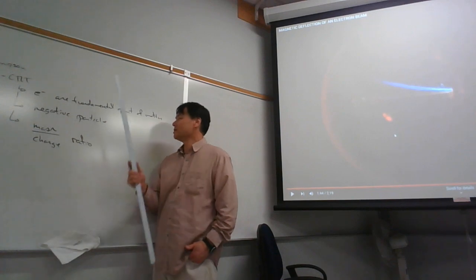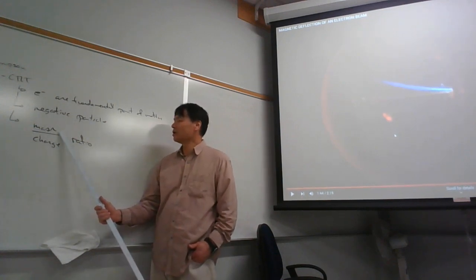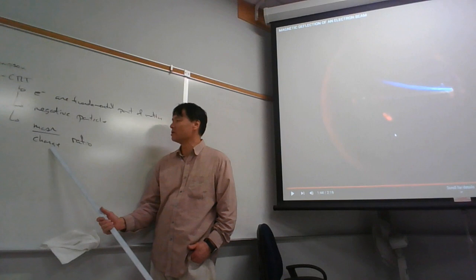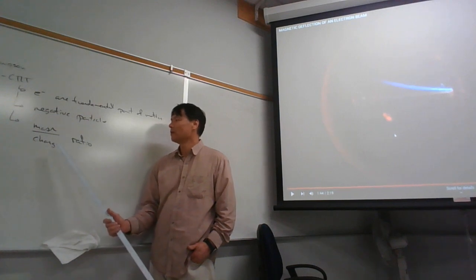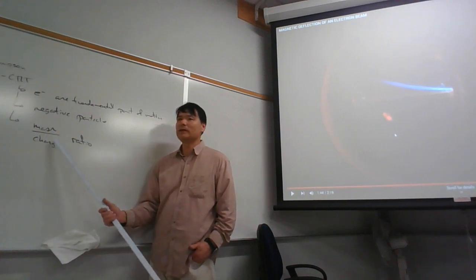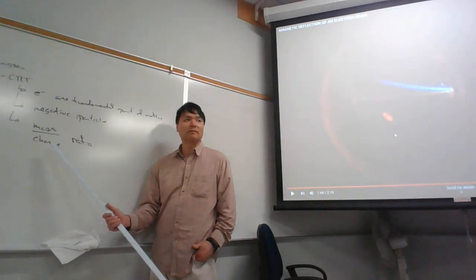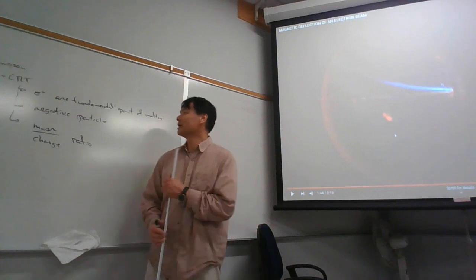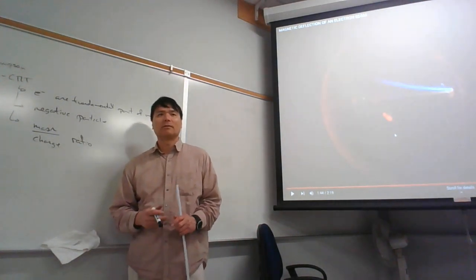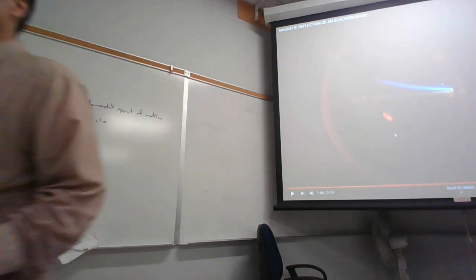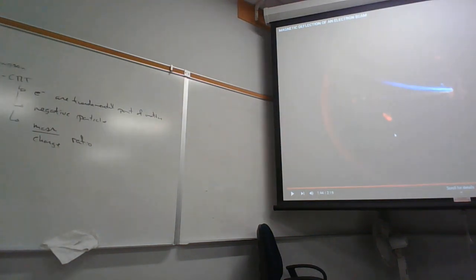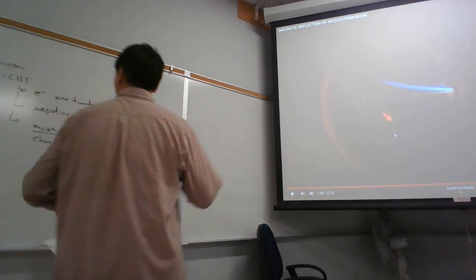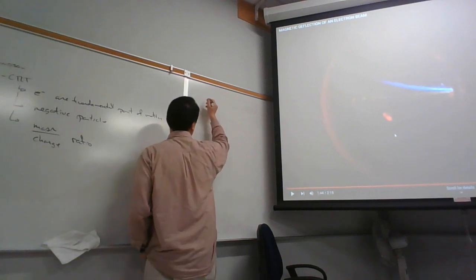And so there are two unknowns here. The mass of the electron is an unknown, and the charge on the electron is an unknown. So that's two unknowns in one equation, the mass to charge ratio. So if we have two unknowns in one equation, what do we need to solve this? We need two equations. And so what was the second equation? Where did the second equation come from to figure out what those were? The second equation came from Millikan,